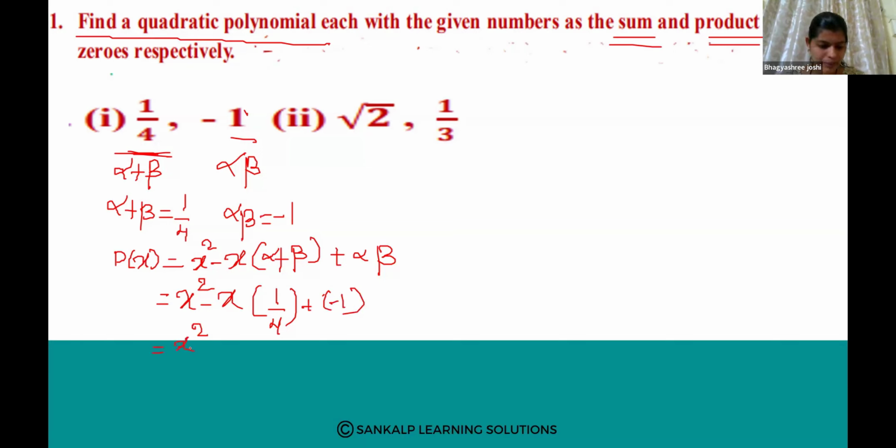X square minus x into 1, that is x divided by 4 plus into minus, minus 1. So, here in the denominator we have 4. Have you seen this kind of thing anywhere in a quadratic polynomial? No. So, first what we are going to do here,